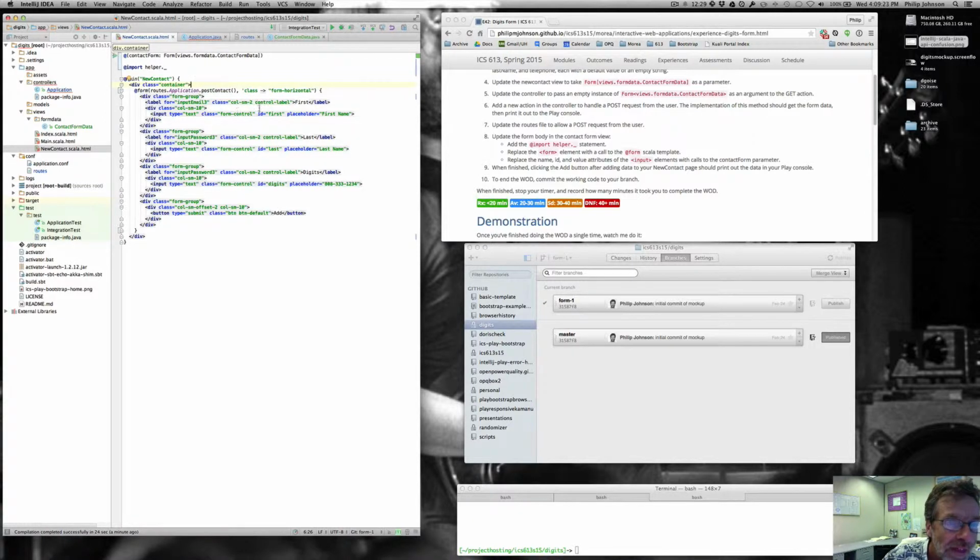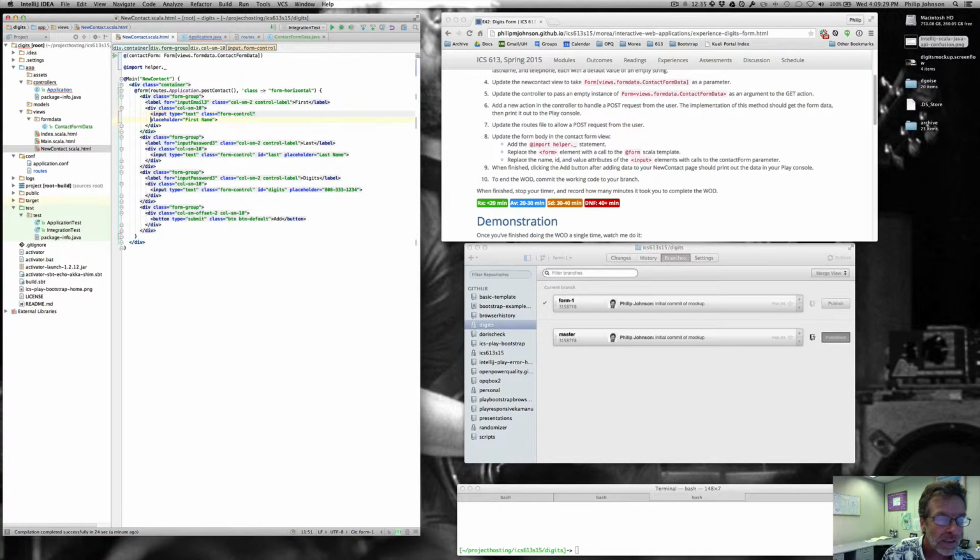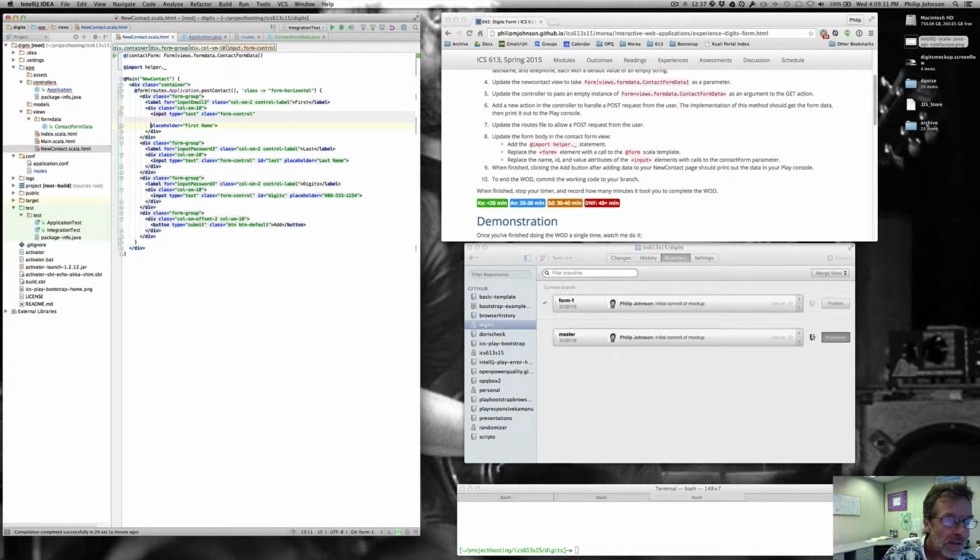Okay, so now having done that, the next thing we want to do is deal with these inputs. And what we've got to do here is get rid of this ID. And then we've got to say the following. We have to do a name, an ID, and a value. So name is going to be equal to, and then we're going to say @contactForm. So here's our parameter up here that we're going to use, @contactForm, and then we're going to pass it the name of the